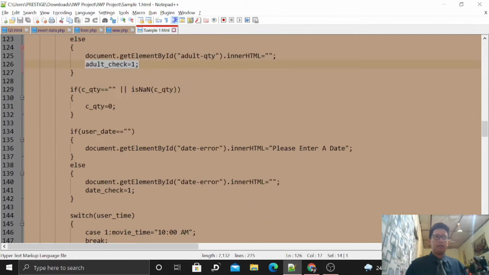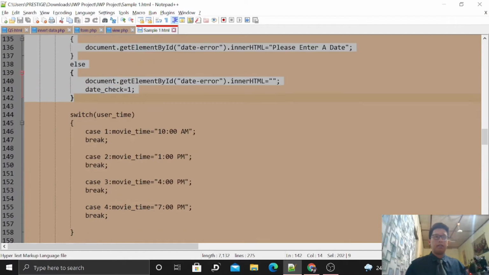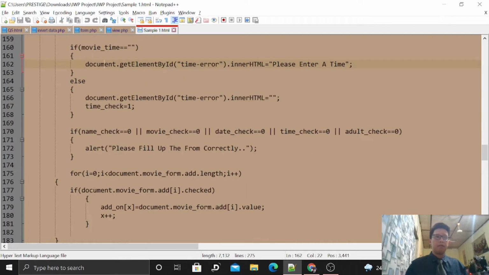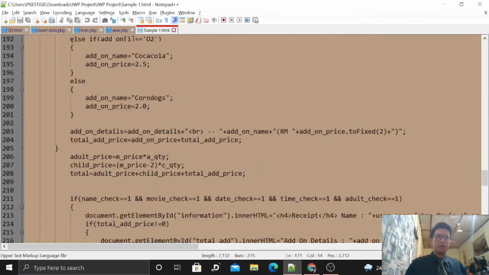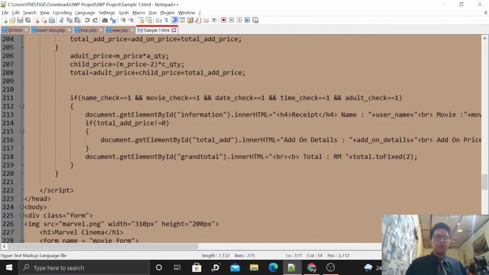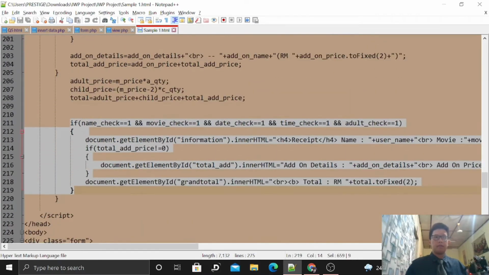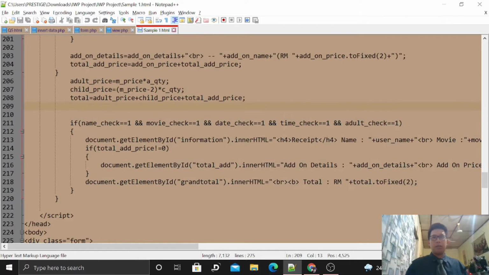It is the same for the date and the time. If any information is not filled in, that means the validation has not passed, so we pop up an alert message telling the user to fill out the form correctly. Here is the last part. Once the validations are passed and entered correctly,